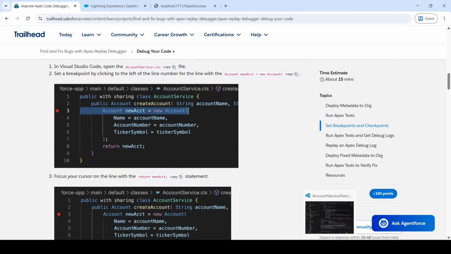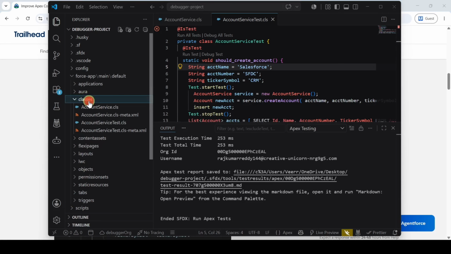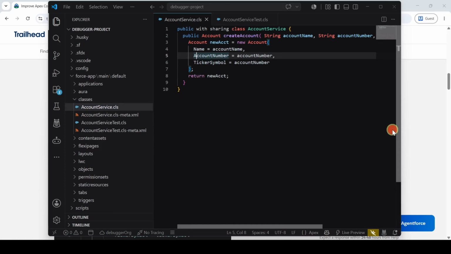After that we need to set the breakpoints. For that, move to Visual Studio Code and here select these classes and then select this AccountService class. I'm just closing this console and here just highlight this account number.